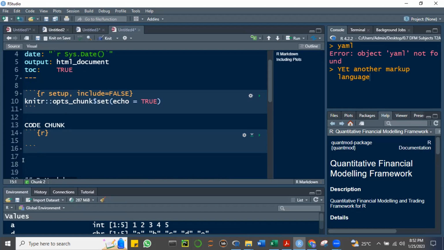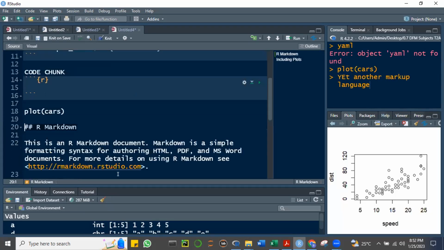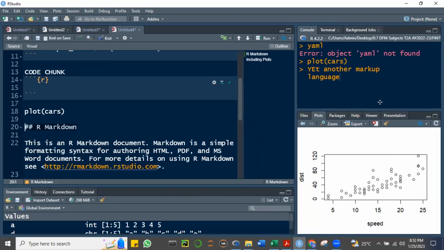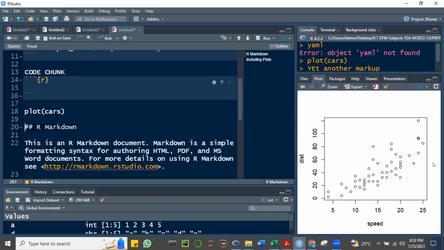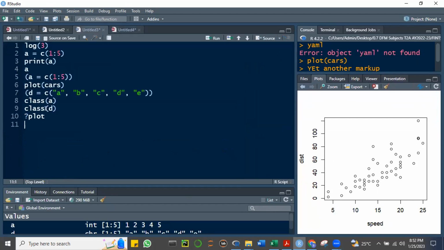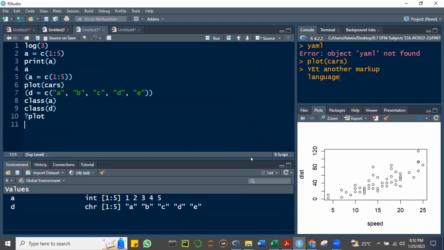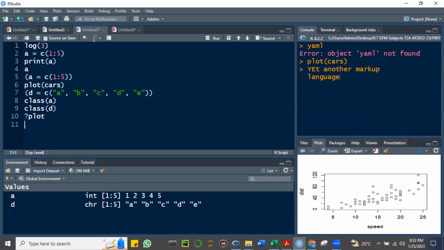Okay, before we write a code here, mag-plot muna tayo dito, no? Plot, dito sa labas, plot cars. Tingnan natin kung ano mangyayari. Let's plot cars here. Alright? Control Enter. Ano nangyari? Nag-run siya. Parang yung kanina, no? Diba? Ito nag-plot cars tayo. Diba? And it appeared here in the plots window. Okay. Good na nag-run siya, no? Kaso ang problema,